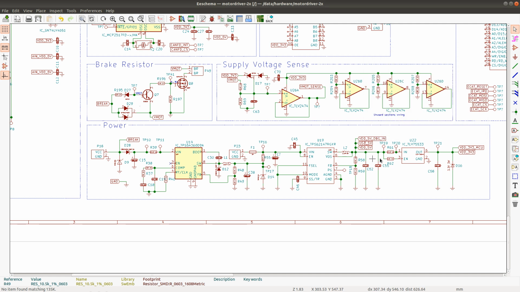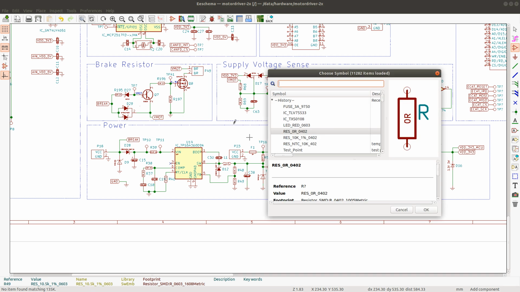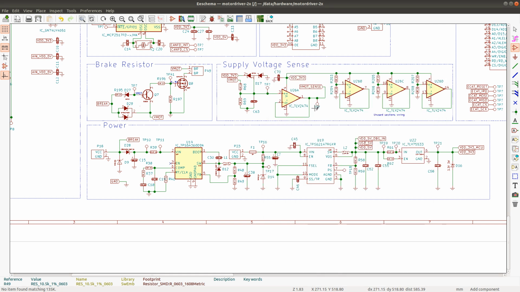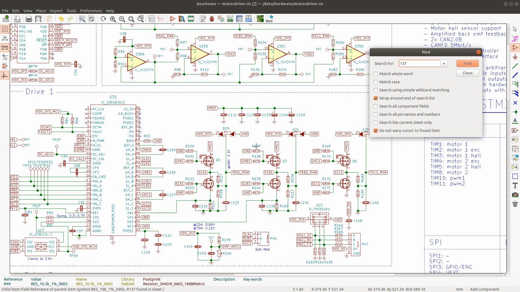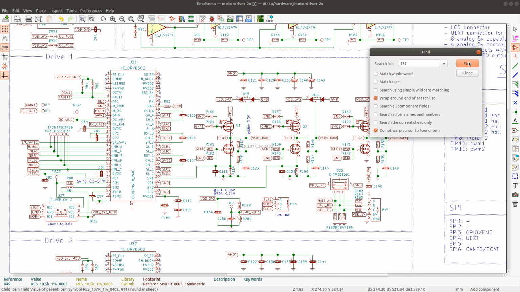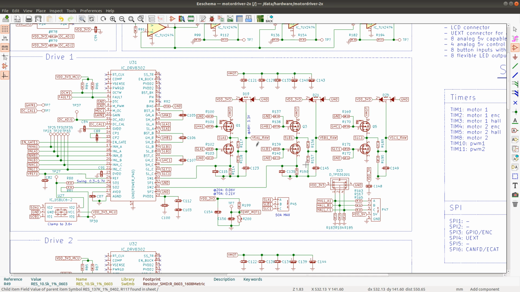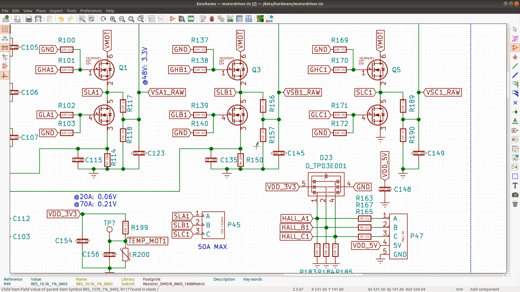Do I? I think I had something that is close to that at least. 137K, and I do have 135, but I'm not using it apparently. Right. So I'm using 137K